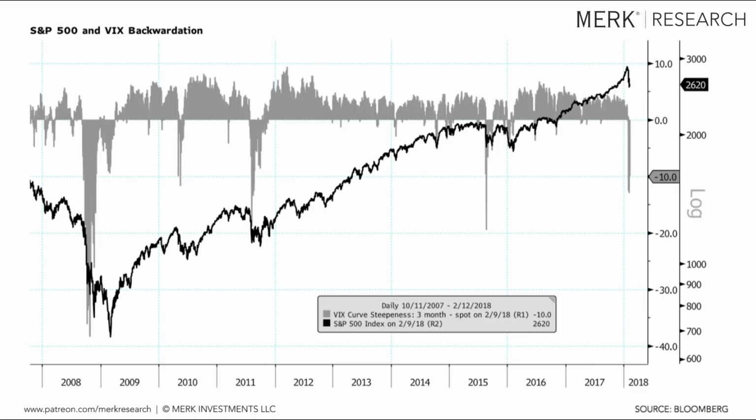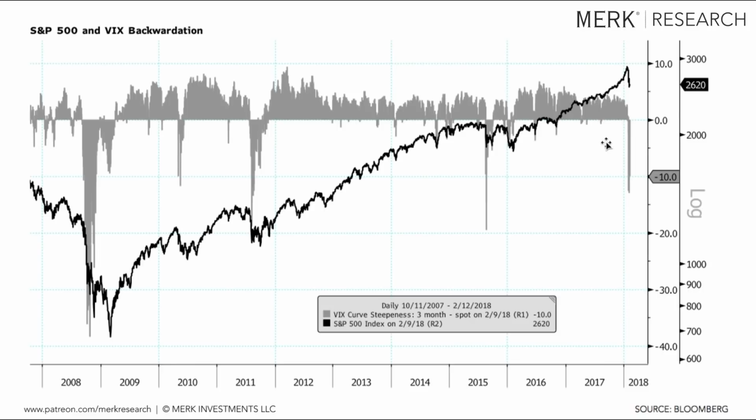All right, another chart that I didn't show last time, and I'll probably just share this on a selective basis, but I think it's relevant to the current drawdown in the equity market. What this chart shows is the steepness of the VIX forward curve. That's represented in this case by the 3-month futures VIX index minus the spot VIX index, and that's the gray area. So when that curve is a normal shape, this gray area is going to be above the zero line,